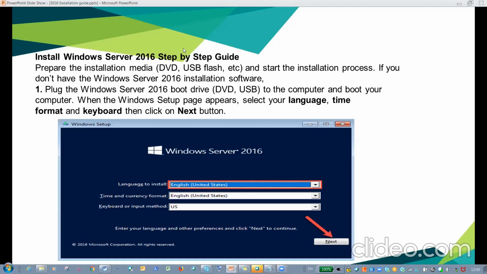When the Windows setup page appears, select your language, time format, and keyboard. This is the first screen that appears when you start the installation of any version of Windows: language selection and region.